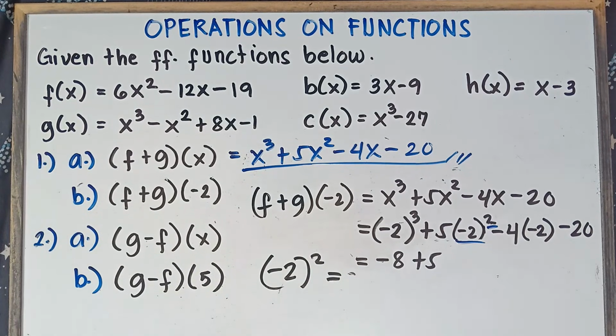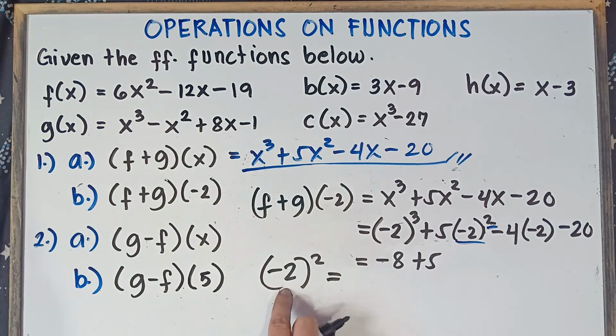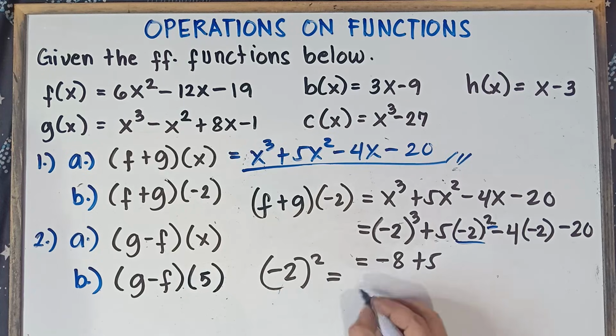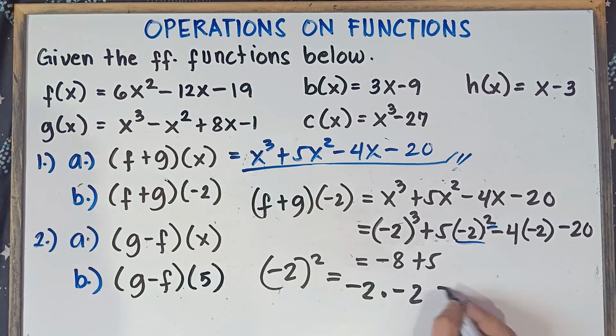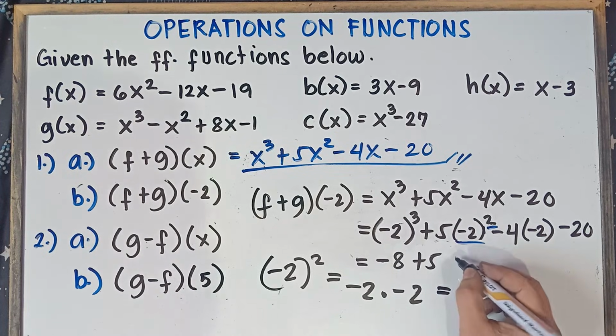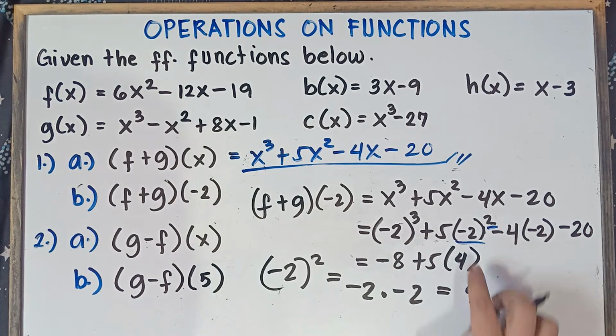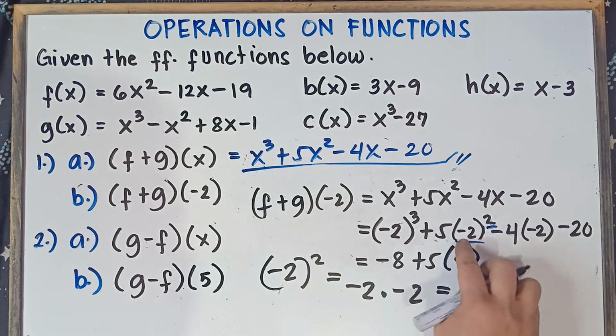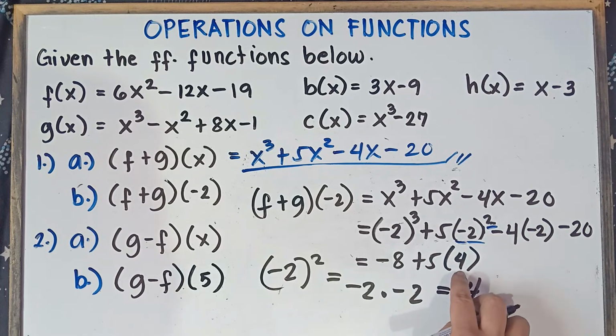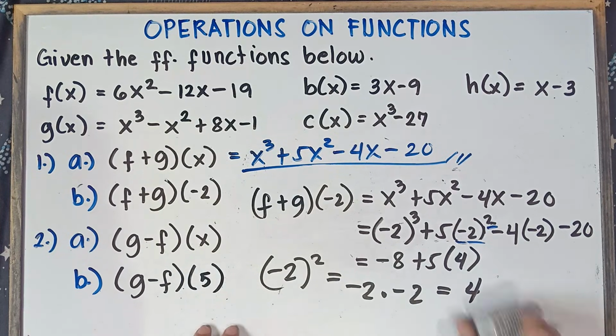What would be the answer, class? Is it negative 2 times 2? Nope. It means you multiply negative 2 by itself twice. That would be negative 2 times negative 2, which is positive 4. Negative times negative is positive, 2 times 2 is 4. So this will be positive 4. Once again, because we simplified this one, negative 2 times negative 2 is positive 4. And then put parentheses because we need to multiply 5 and 4.